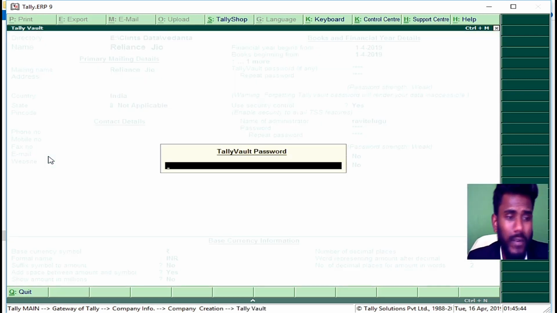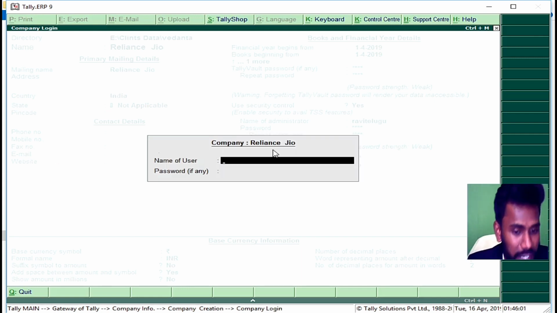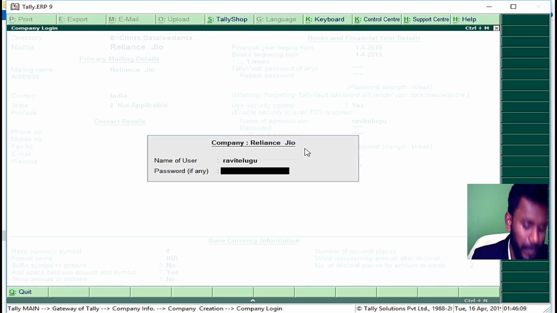Now the company has been created. Now here I'm going to enter the password as 1234, and if you enter the right vault password, automatically the system will give a chance not to open the company, just to see the company name. Yes, and it is the second stage of security. So just confirm your username and enter 0000.